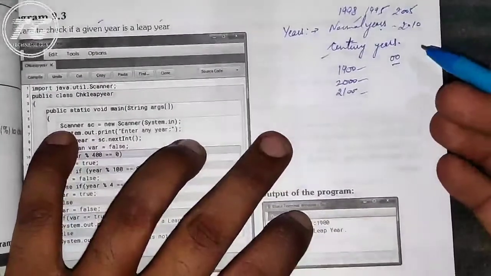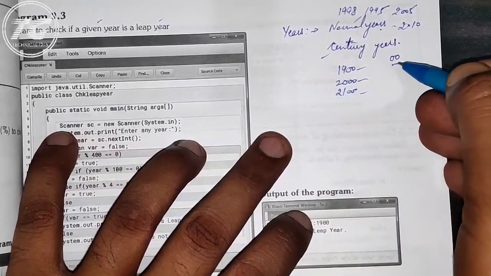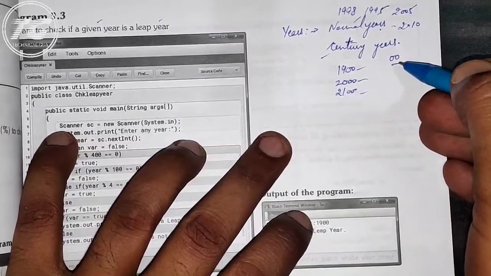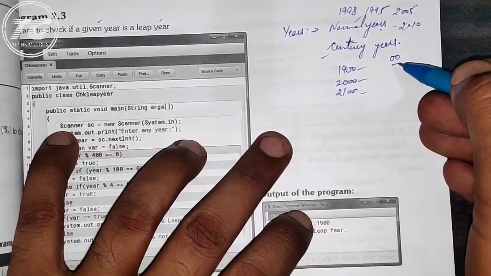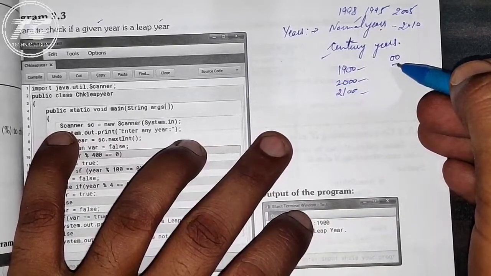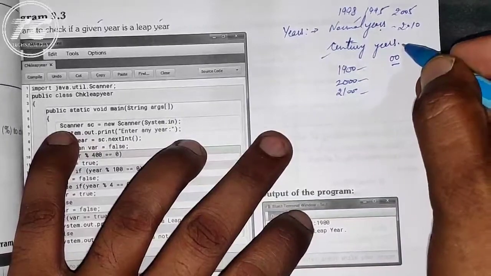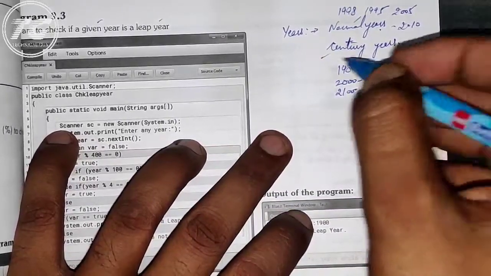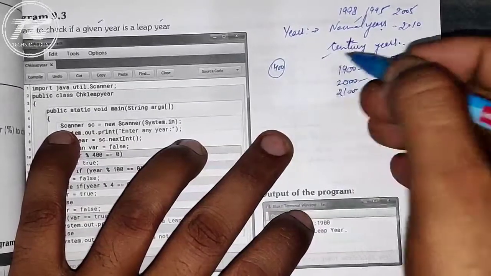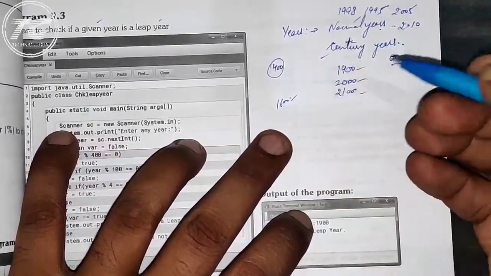Second, we have the century years. A century year is a year that is ending with 00. Some century years may be leap, whereas some century years are not leap years. A century leap year comes after 400 years. So suppose 1600 is a leap year, so this is a century year.